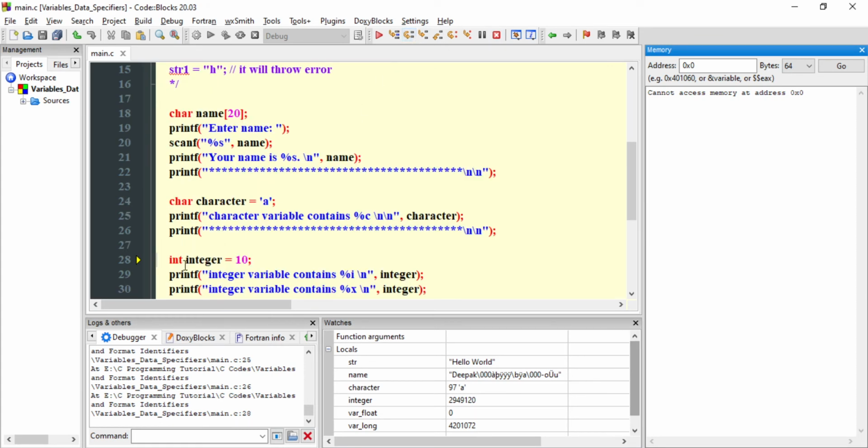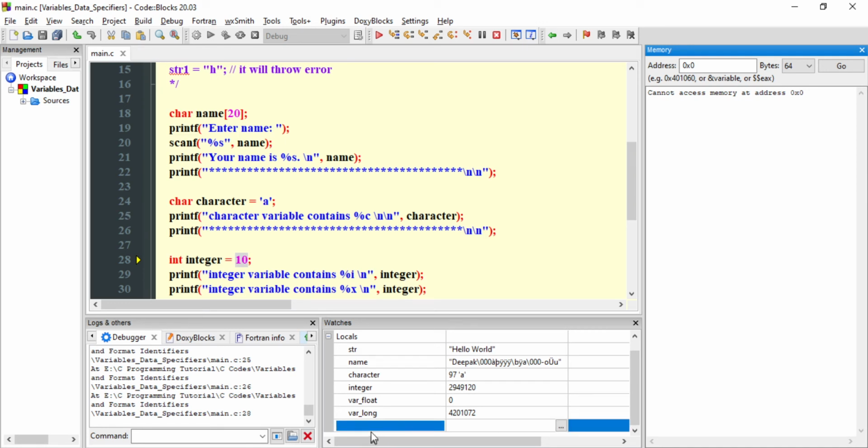Now we are going to declare a variable with the name integer. The data type is int, and we are also assigning a value 10 to that particular integer. Right now you can see in the bottom integer is carrying a value 2949. Now let us go a bit deeper and check where the address for integer is.